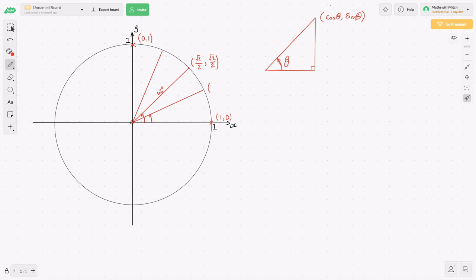Remembering we're looking at this angle here, so this is 30 degrees. We said cos 30 was root 3 over 2, and sine 30 was half, and it was the opposite way around for 60 degrees. Okay, so there's some special triangles that you can remember for the unit circle, and you may use